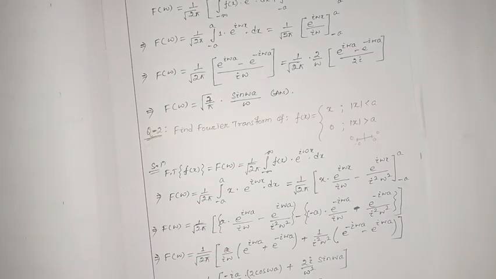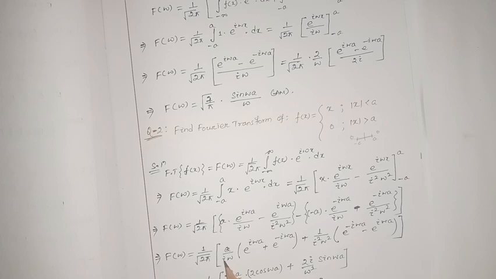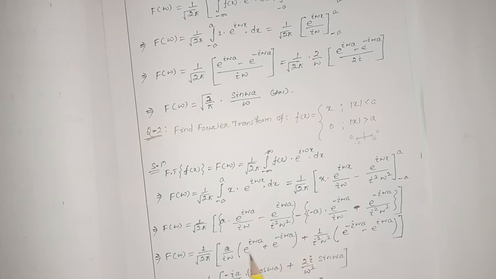Okay, 1 by root 2 pi, here if I take the minus to the numerator, it will be minus i a by omega, and this value is nothing but e to the i omega a plus e to the minus i omega a. We know that this is 2 cos omega a, because this will be cos omega a plus i sin omega a. This is cos omega a minus i sin omega a, so plus i sin and minus i sin get cancelled, and we get 2 cos omega a. Similarly, considering this one, we can find